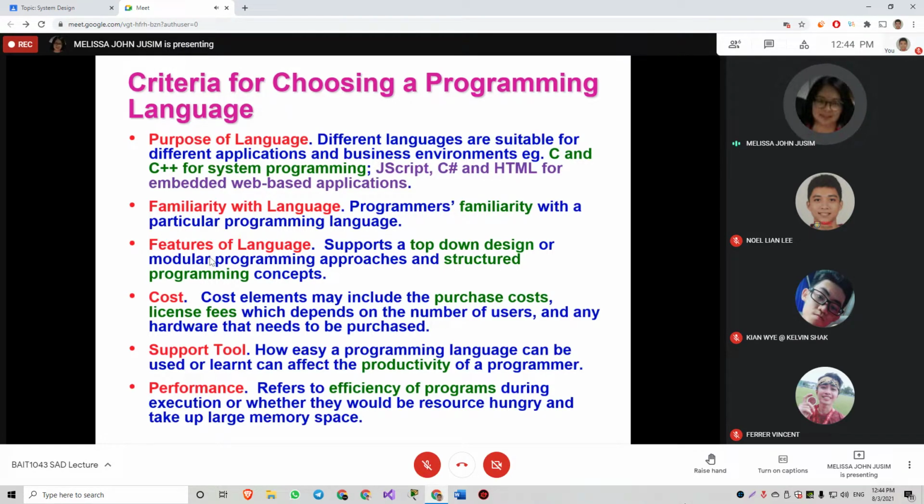It depends on how many PCs, meaning users, and per user how much they need to pay, and so on. And then for certain applications, we do have open source languages and open source IDEs, right?